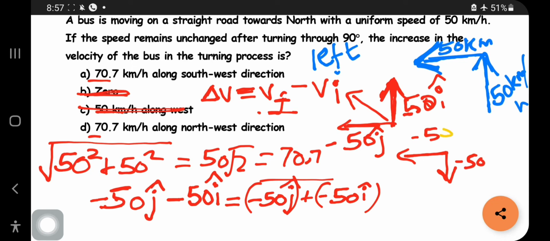What will be the resultant? It will be like this. So this is the west direction, this is the south direction. The answer is the southwest direction. You should always convert it to a plus sign and find the resultant direction, so it will be easy for you. It is a very important aspect in your upcoming NEET exam, very useful for finding the direction. This is also the most expected concept question in your NEET exam, so do not forget to practice problems like this. Let us move into the next question.